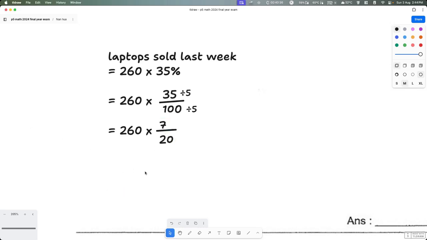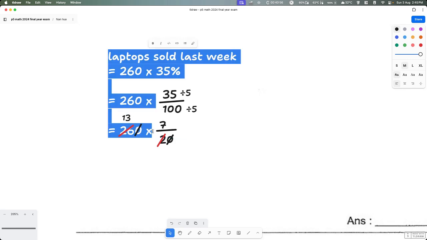So you can cancel out the 0. Cancel out this 0 from here, and you cancel out this 0 from here as well. And then you can cancel out 2. So I'm going to put a red line. Cancel out this 2, and then cancel out this 26. 26 divided by 2 will be 13. Okay, so I'm going to put it in another color like this. All right, so in the end, this will then become